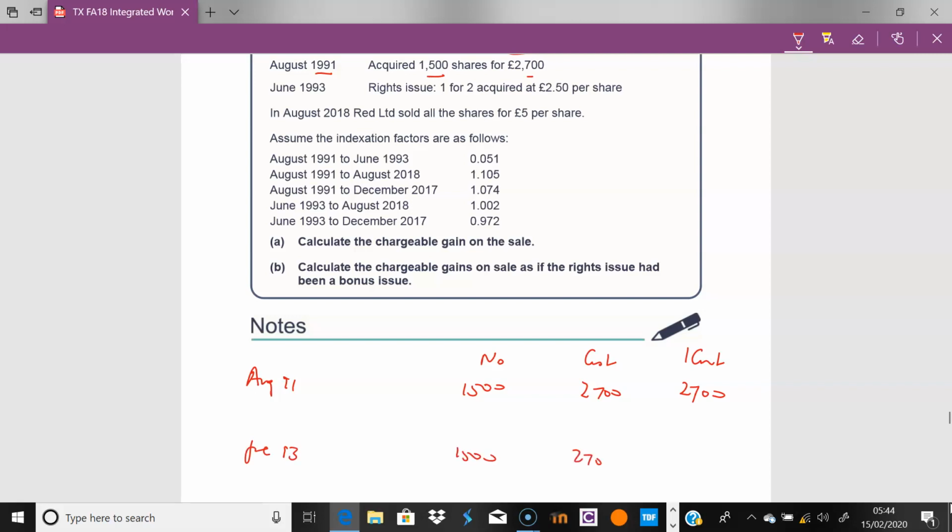The cost is 2,700, and so the indexation from here to here is the 2,700 times this 0.051, which comes to